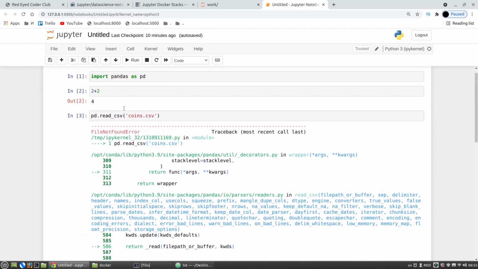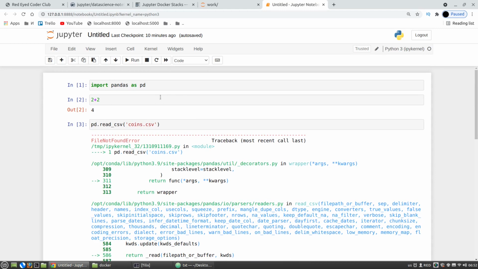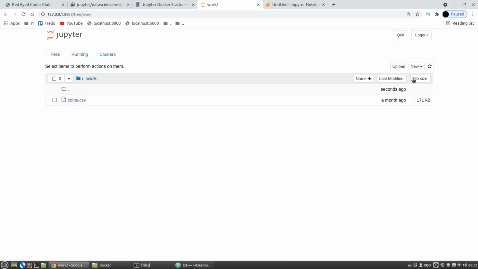File not found because this notebook is opened outside of the work directory. Doesn't matter, we can create a new one.